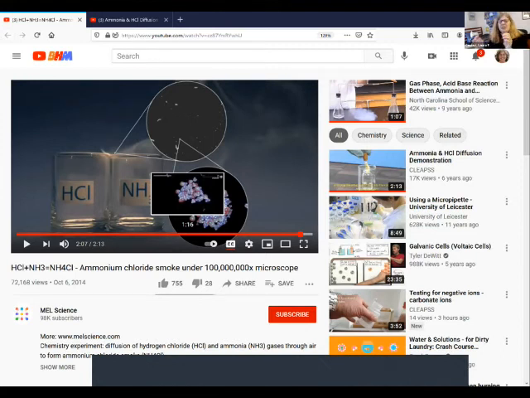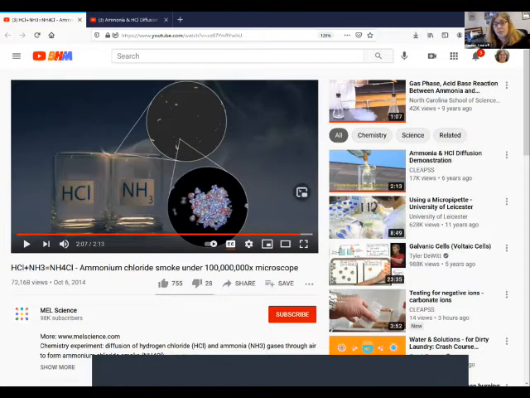And they diffuse, sorry, this is diffusion. They diffuse with different rates, and you could see by where that white line forms which is moving faster, the ammonia or the